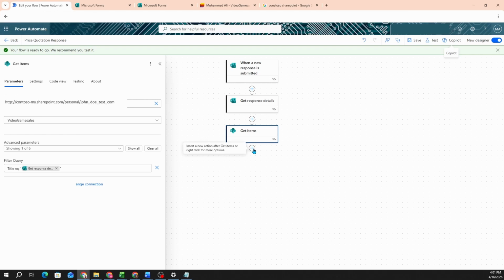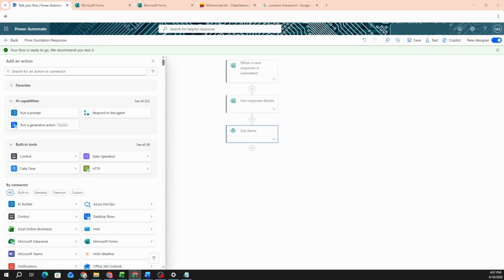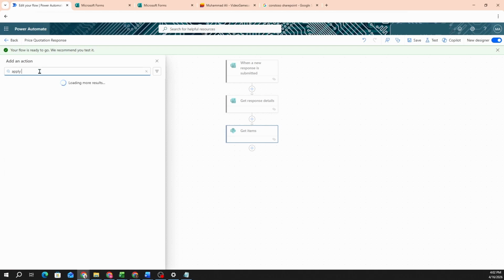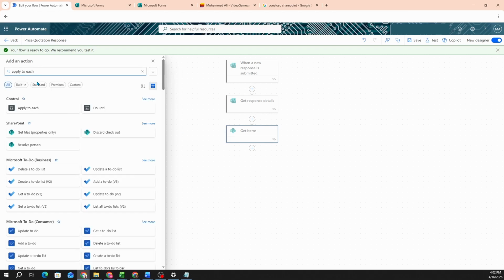Let's add another step here. Alright, so now we will do apply to each to process the result. So let's add apply to each. We do that in the search bar, apply to each. In control, we select apply to each,